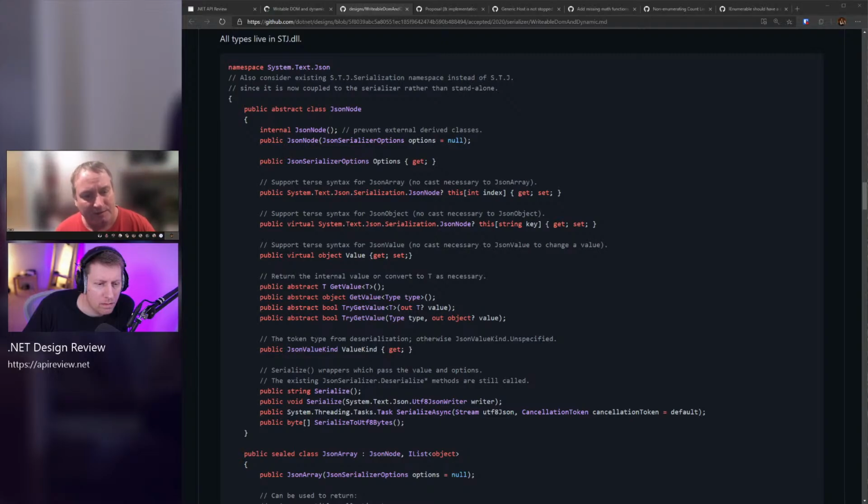There are questions, for example, on the get value, if you don't match up the T with the current internal value, what you get back. And I do talk about that later, and it says or convert to T as necessary. For example, internally, we're probably going to use JSON element because that already works today very well to return an abstraction on top of a JSON value. So we used existing support we already have, and then when you call get value of T,